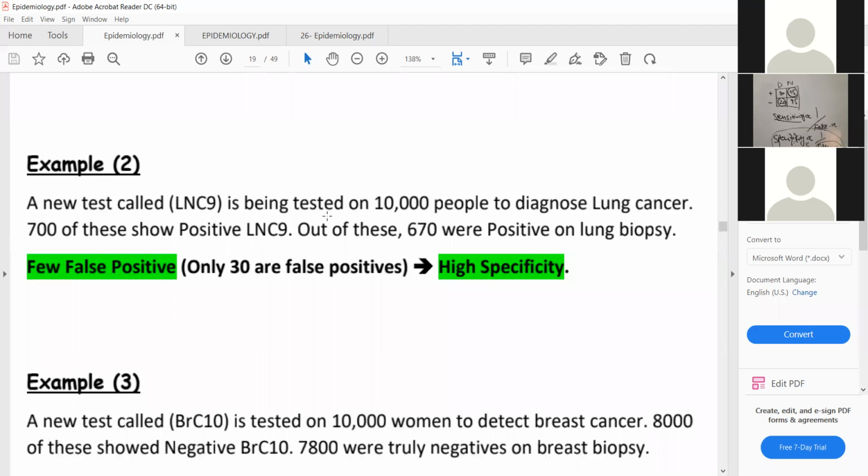Another example: a new test called BRC10 is tested on 10,000 women to detect breast cancer. 8,000 of these showed negative BRC10. So now they are talking about a negative test, so most likely the answer will be about sensitivity. 7,800 were truly negative on breast biopsy. So is it a highly sensitive or low sensitive test? It's a low sensitive test because there are high negatives. Out of 8,000,